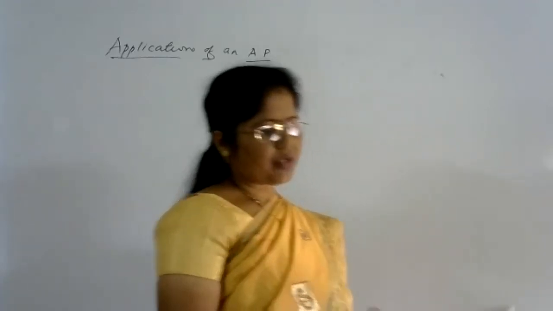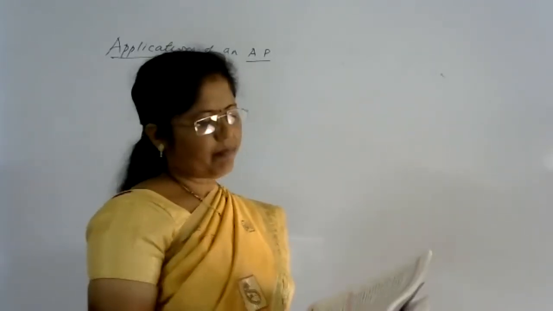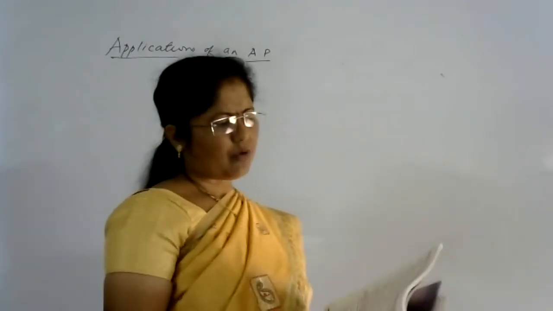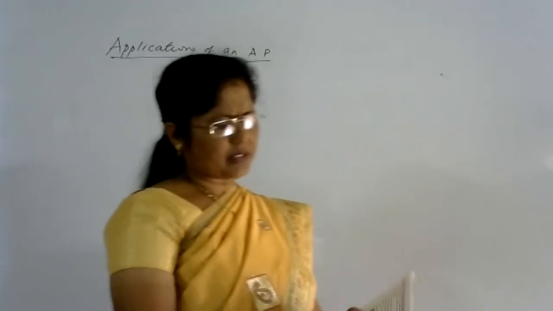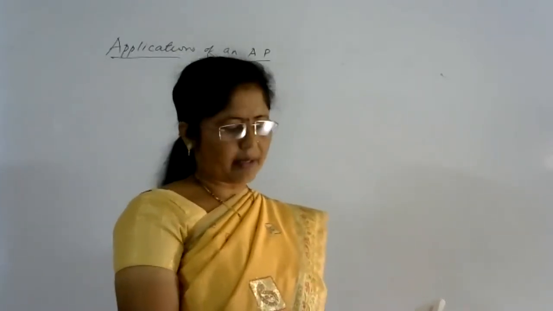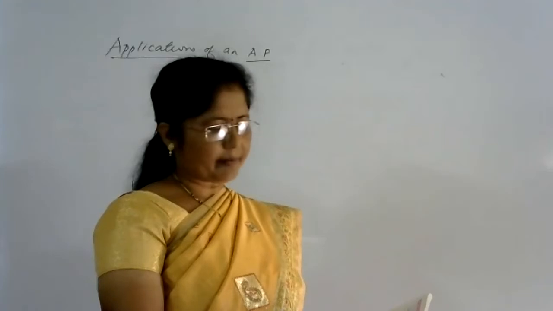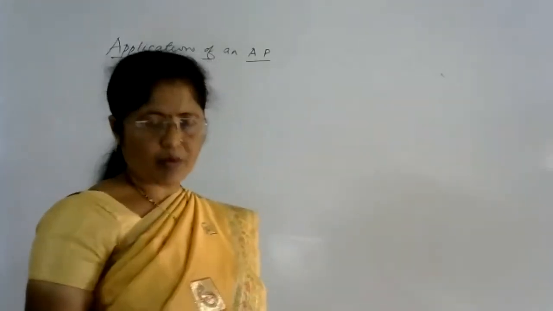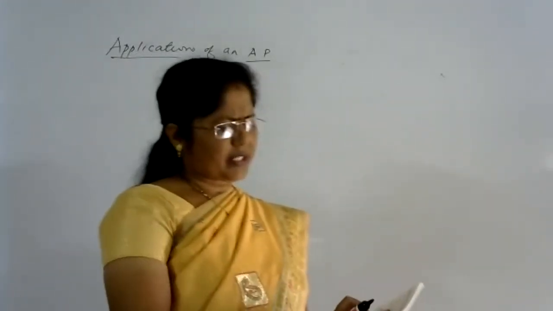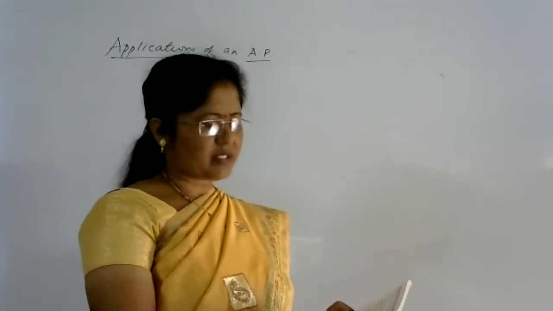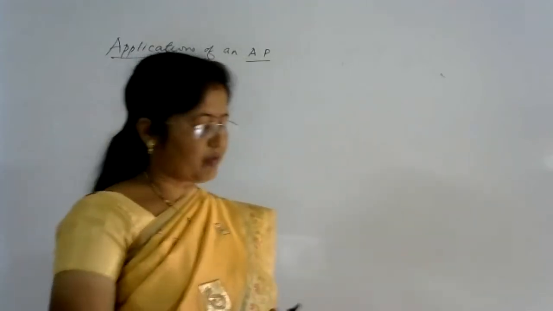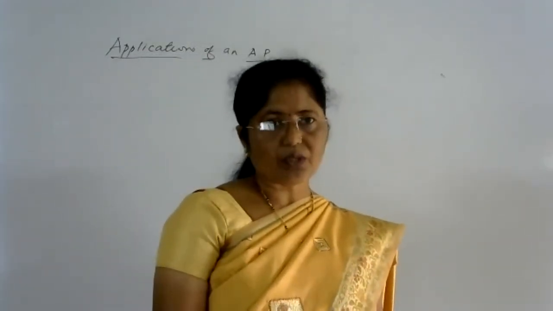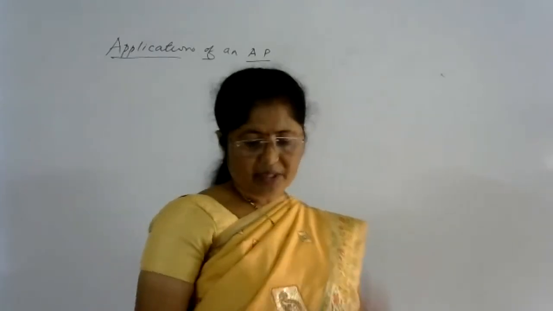On 1st January 2016, Sanika decides to save rupees 10 and rupees 11 on the second day. On 1st January, means the first day of January 2016, she saves rupees 10 on the first day, rupees 11 on the second day, rupees 12 on the third day, and so on. So every day she is saving some amount. Then if she decides to save like this till 31st December 2016, what would be her total saving? From 1st January to 31st December, how much total saving she does, that you have to find. So what is given, first you write here.